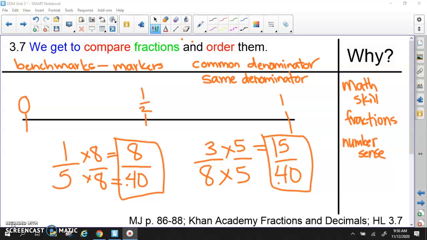It's the same amount. We're comparing it like this. The denominators are the same. We call it a common denominator. It's just now we're looking at different numerators. 15 is greater than 8, right? 15 shaded is greater than 8 shaded out of 40. Our understanding of this